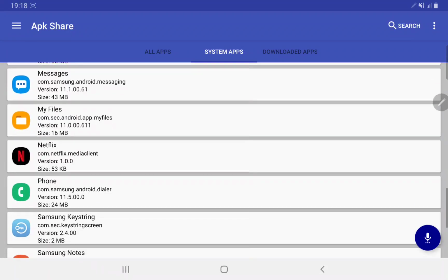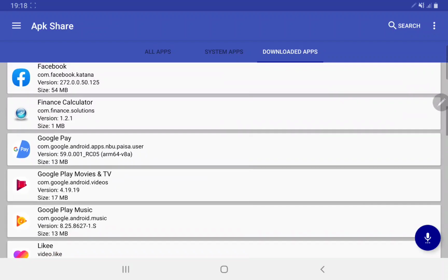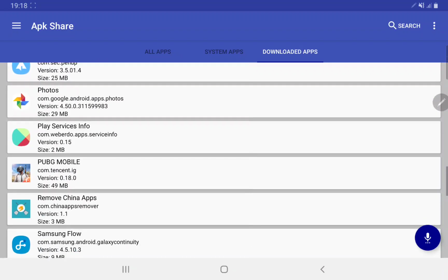You cannot remove them until and unless you root your device. And the downloaded app section has those applications that got downloaded from the Google Play Store. These are the downloaded applications that you can easily remove from your device also.